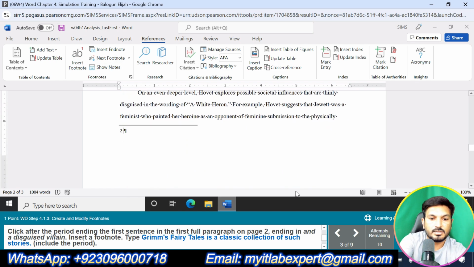This one. And type: Grimm's fairy tales is a classic collection of such stories. Grimm's fairy tales is a classic collection of such